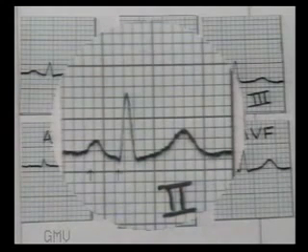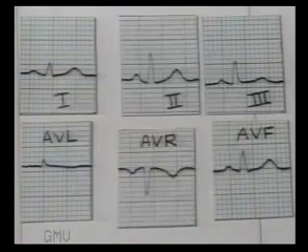Then measure the PR interval. Normally it is 3 to 5 millimeters. If it is increased to 5 millimeters or more, it is a first degree AV block. In such a case, note if there are any dropped beats suggesting second degree heart block. If the PR interval is reduced to less than 3 small squares or 0.12 seconds, look for slurring of R waves in leads 1 and V6 to rule out WPW syndrome.